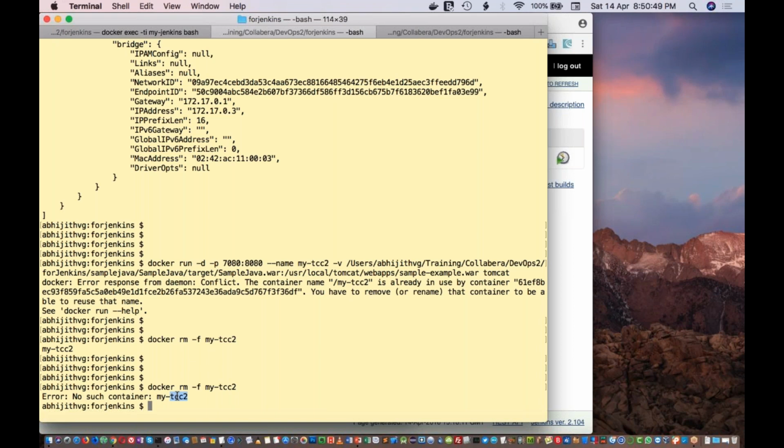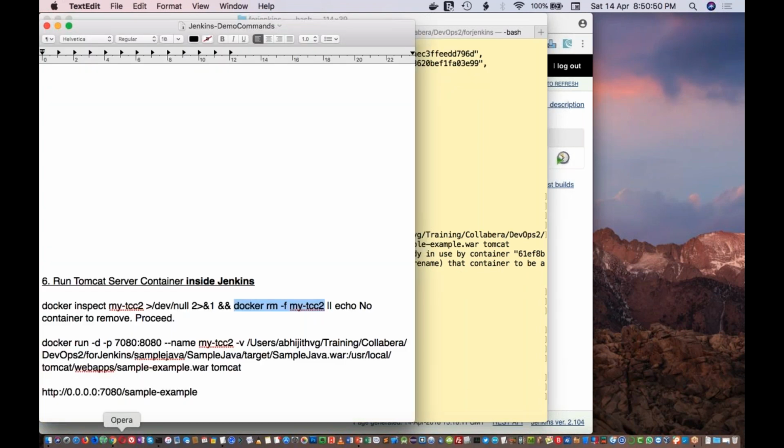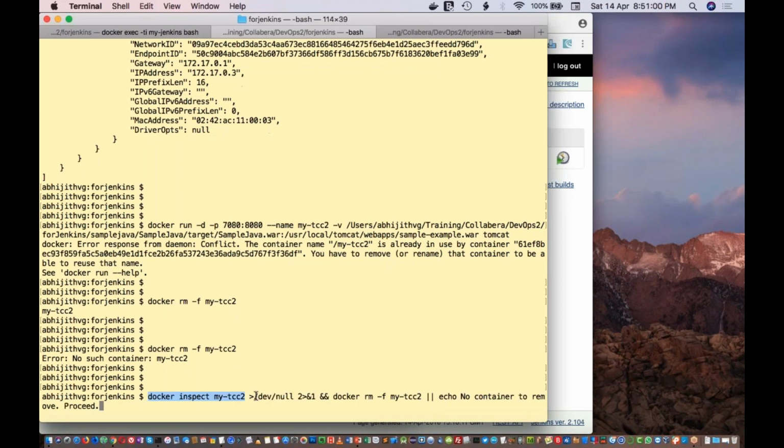So in order to avoid that, what I'm going to do is execute this one. It will first check this particular command and look at its output. If the output is there, that means the container with this name is already there, and it will be removed. And if it is not there, if the output is empty, then it will say no container to remove. So in order to show you the difference,